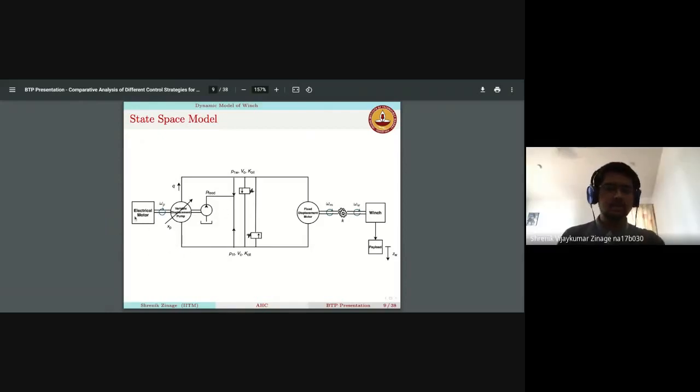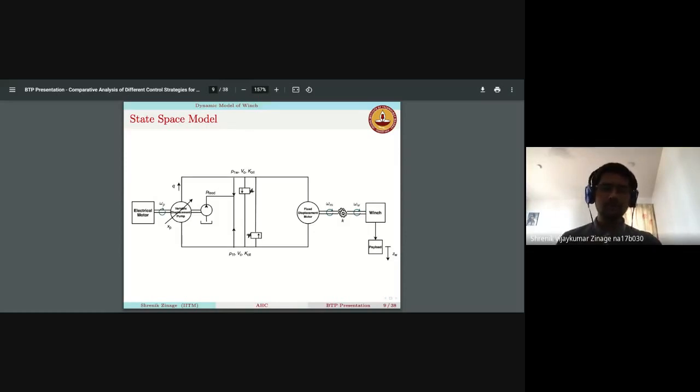Yeah, that's right. So this is the schematic diagram of the closed loop winch, the hydraulic drive. What happens is our primary interest is in applying a control input such that this ZW is the opposite of the ship's heave. The working behind this is that first we control the amount of rotation of the electric motor. By varying the control input, we change the motor's RPM, which is omega p. Due to that, the swash angle of the pump keeps on changing.